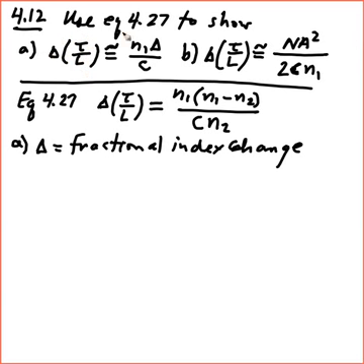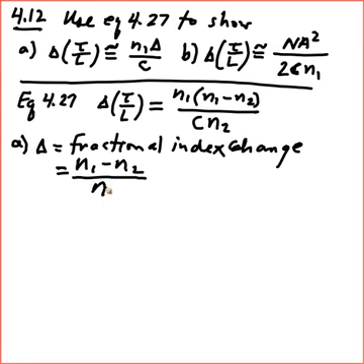That's the notation the text uses, and that's the notation that we used in our development as I derived these equations in class. So don't confuse this fractional index change with the delta out in front here. That delta is part of the definition of this pulse spreading. Okay, so the fractional index change is n1 minus n2